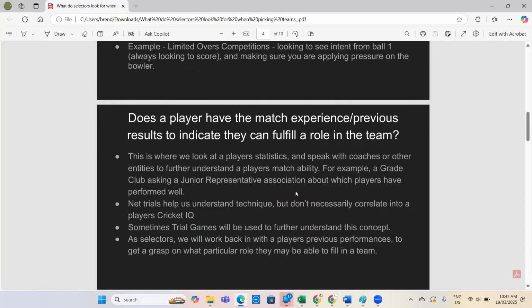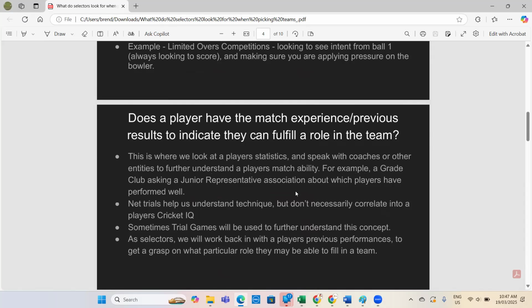So, for example, if you play in a junior team that likes to share roles and responsibilities around every week, which I think is a really good way to do things, your stats might be a little bit worse off than a kid who plays in a team where they just try and win every game of cricket. So stats don't say everything, but they give us a guide or an understanding as to the skills of a player.